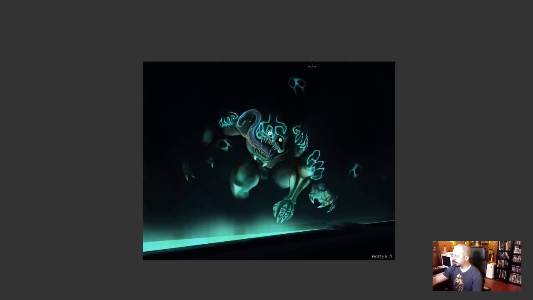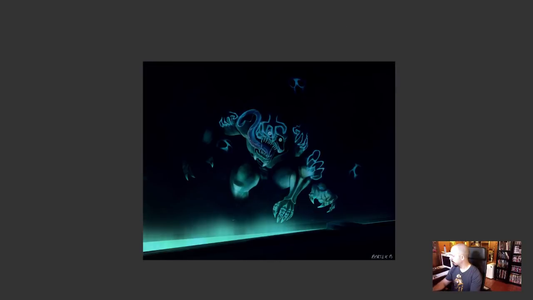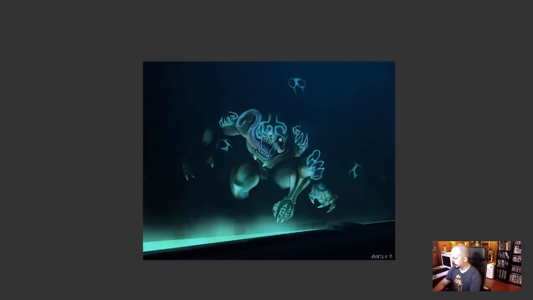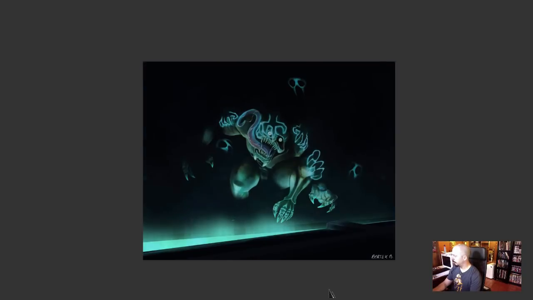So let's say up here, for instance, I'm going to try to put some light into this. Yep, something kind of like that. So if it's a dark and ambient sort of shot, going with colors like this can really play it up.